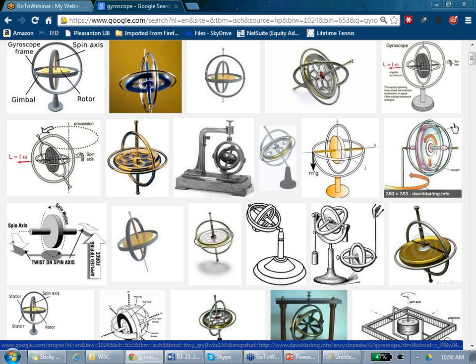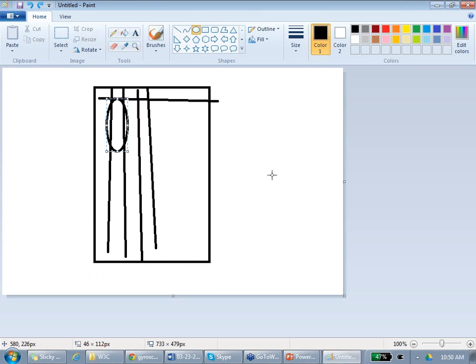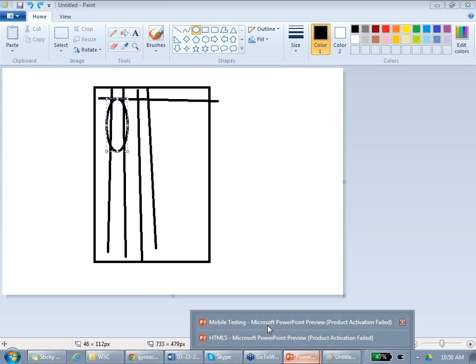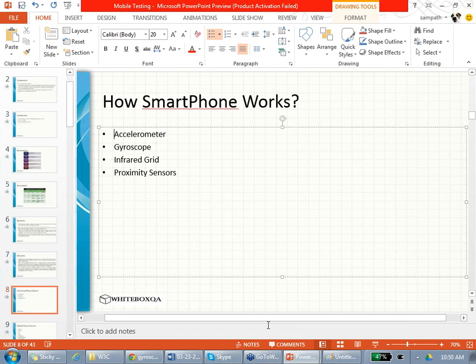Agree? So what are the components inside a smartphone? There is an infrared grid. There is a gyroscope. There is an accelerometer. These are the main components. All the Wi-Fi receiver, phone receiver and all these are common. Those are nothing special to mobile phones itself.